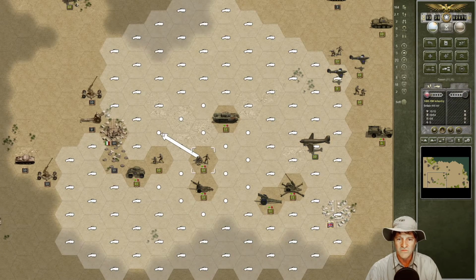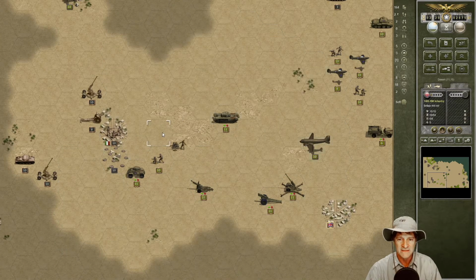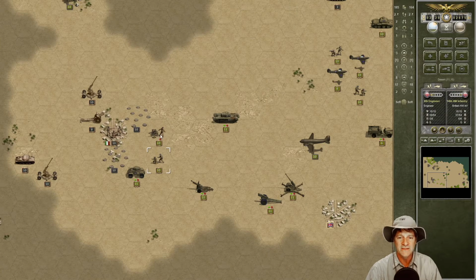Now, we could move them up. That might be a minefield, but we need to start getting closer anyway. We might have to just pay that price. Let's see what happens. Mines. Okay, so we're going to need our engineers to clear these other mines. We can probably bring our heavy...